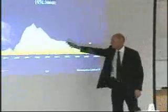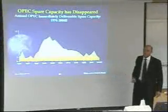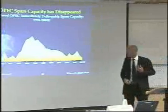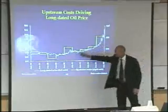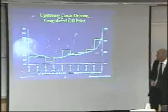I'm happy with it because of the changing dynamics of spare capacity, basically shrinking spare capacity. Markets like Indonesia, which used to be exporters, are now importers of oil. I'm happy with it because of the upstream driving costs. The fact that upstream costs are going up supports a higher oil price. I'm happy with it